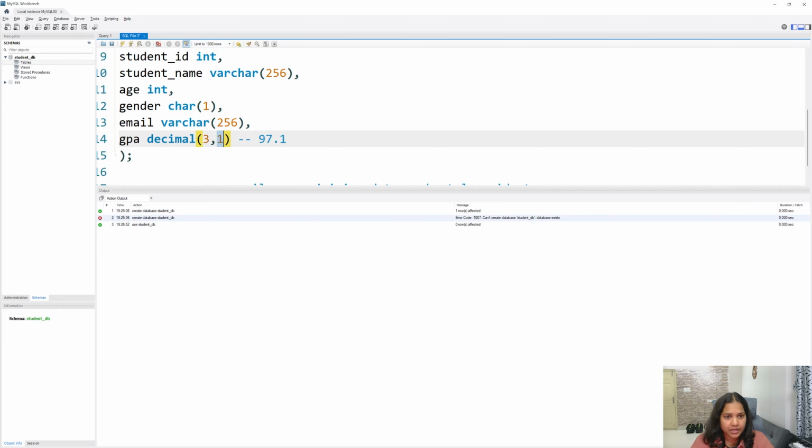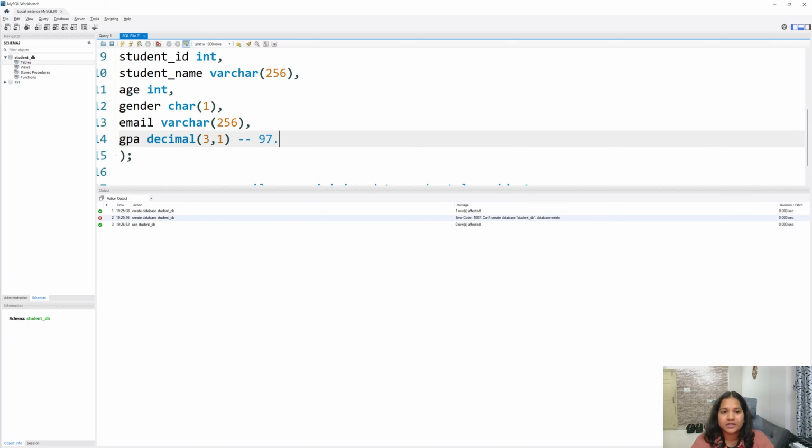And it is telling me after the decimal, only one number is allowed. So after the decimal, you can't put 1, 2, or you can't put 1, 3, 3 like this. You can't put like that. It is telling after the decimal, restrict to only one number. So after decimal, only 1 point it will have.